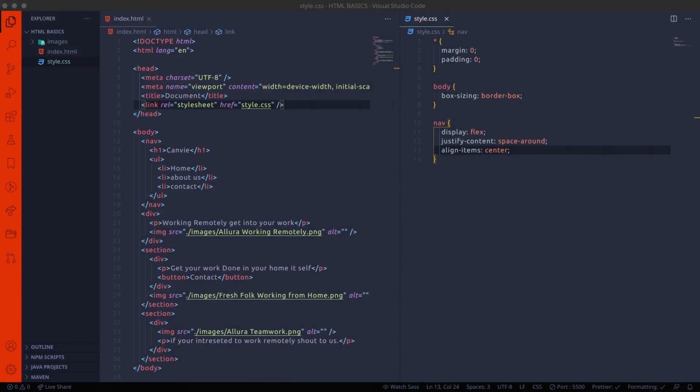You can see here how clean it is. We're also making this list to be in a column, so we have to use the same property. We'll get into that later.